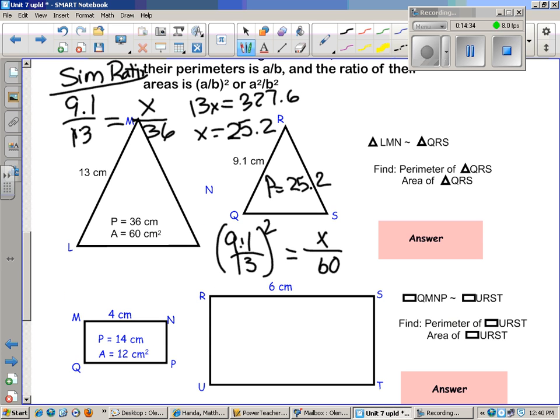So 9.1 squared is 82 point something, 81. And 13 squared is 169. Because remember, when you square something, it just means multiply it by itself. So 9.1 times 9.1, 13 times 13. And that is equal to the ratio of the areas of the two figures. Okay? Then I just cross multiply and solve. And I get,